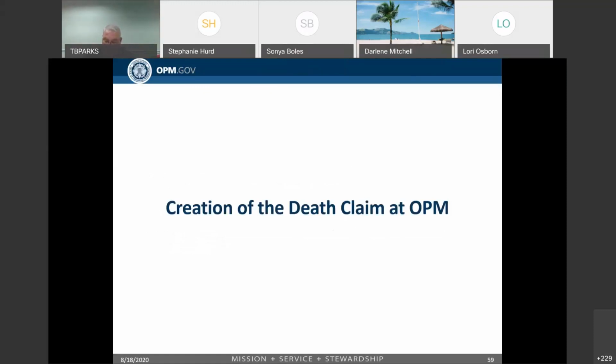So, lack of providing this information delays the processing of survivor benefits. That's one thing. If we don't have everything we need, then we will have to develop further, and that does put more time onto the overall processing of the claim. But let's talk a little bit about what we do from the point that we receive this information.